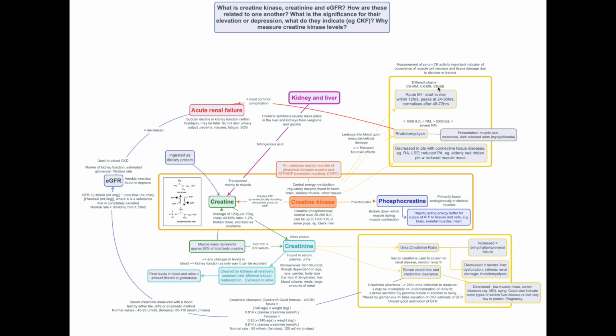We have different chains of creatine kinase. So we have the one which is mostly found in muscles, we have one found in the heart and one found in the brain. The second